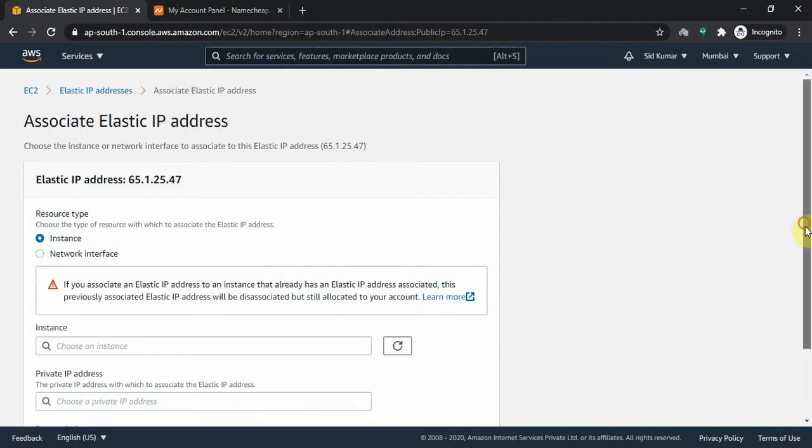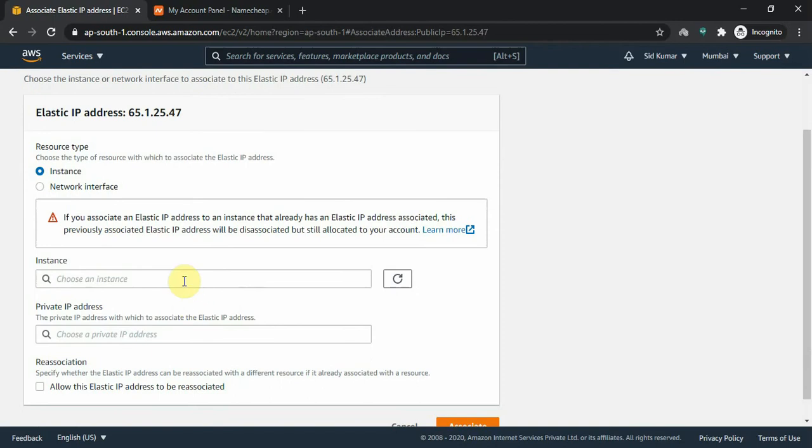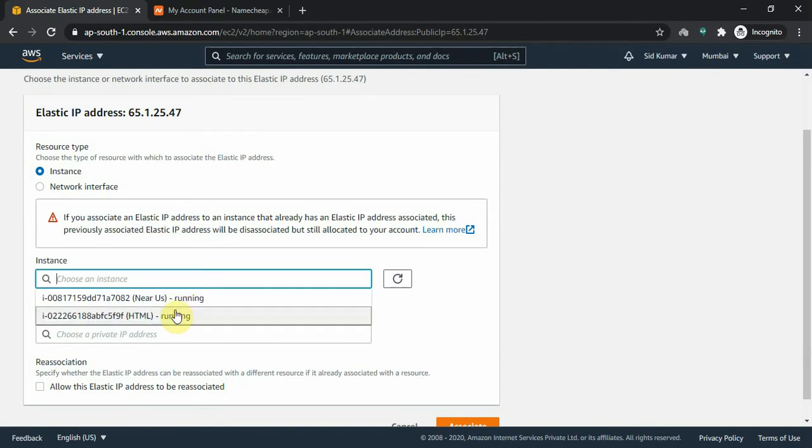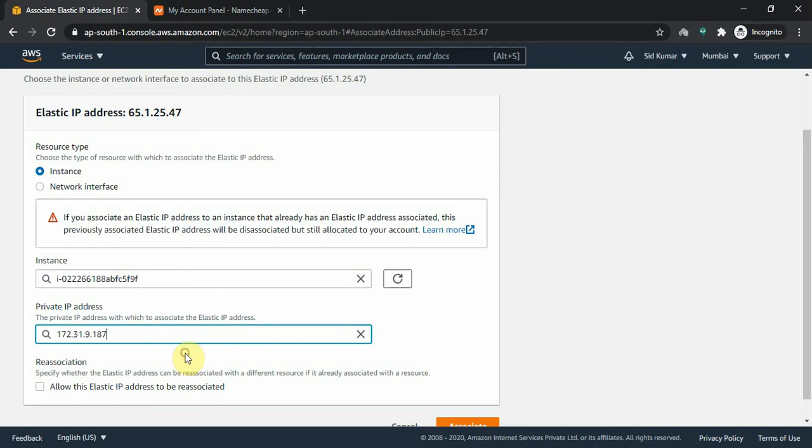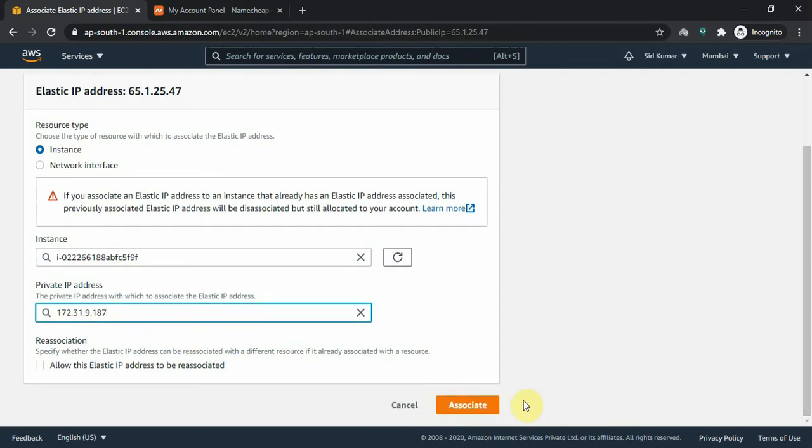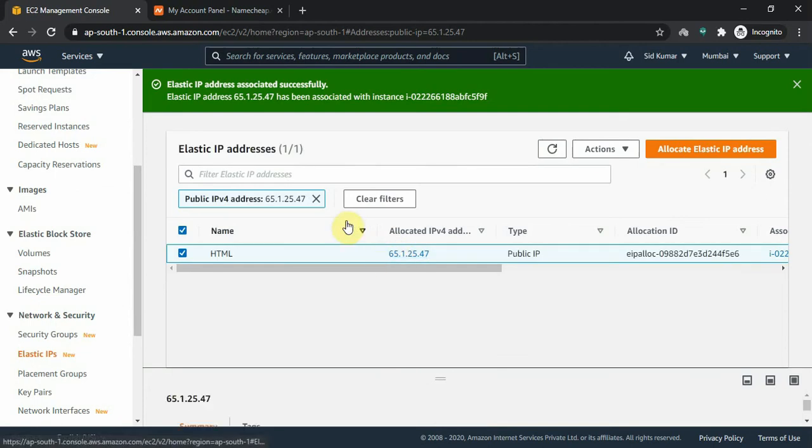Yeah, here you will see why I have named it, right? So that I can see here which instance is mine, like this is my instance which I have created right now. So I have written HTML, right? And here we have to keep our public IP. Okay, great. We've created our associated IP and we have merged it, right?